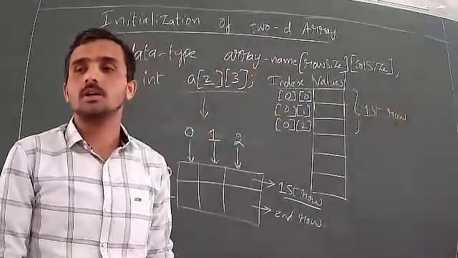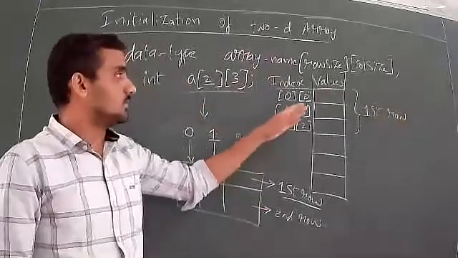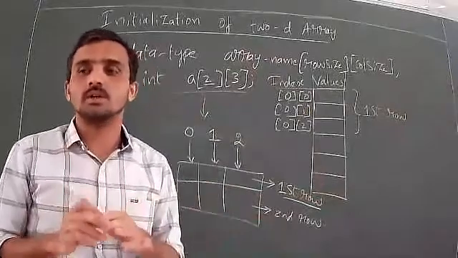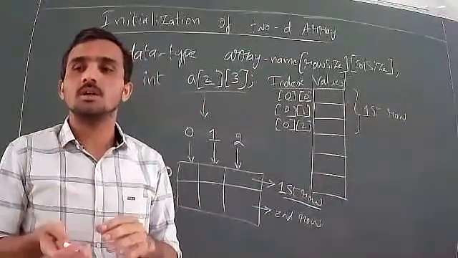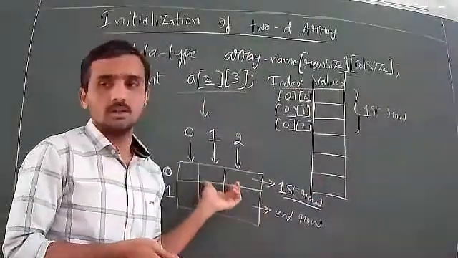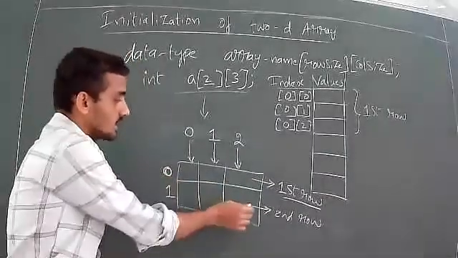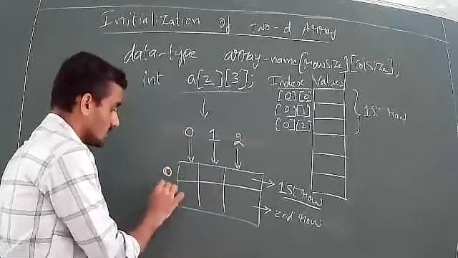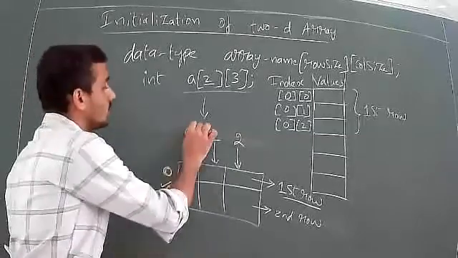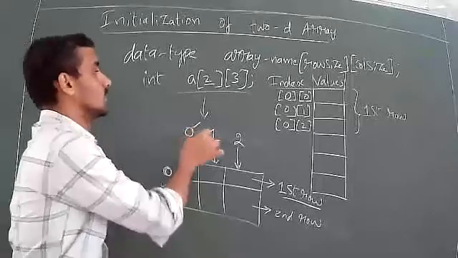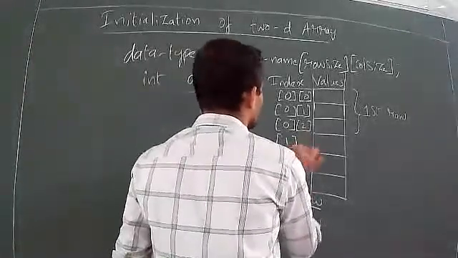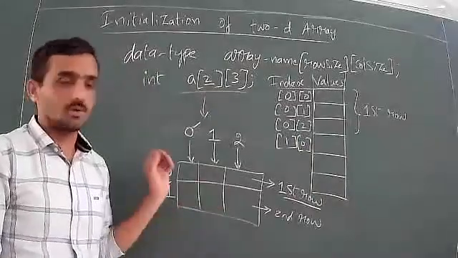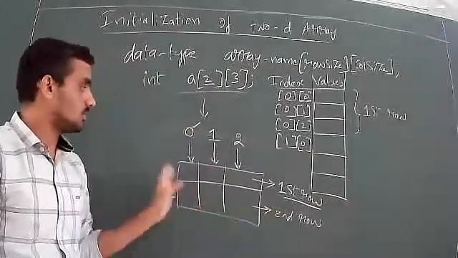Again I am telling you, in computer memory we have to write either in total vertical format or horizontal format, that is, in sequence. But when it is represented in the real world, we will see how we can write it in table format. Next, for the second row elements, you consider the row number and column number. So 1, 0 indicates the second row, first column element.